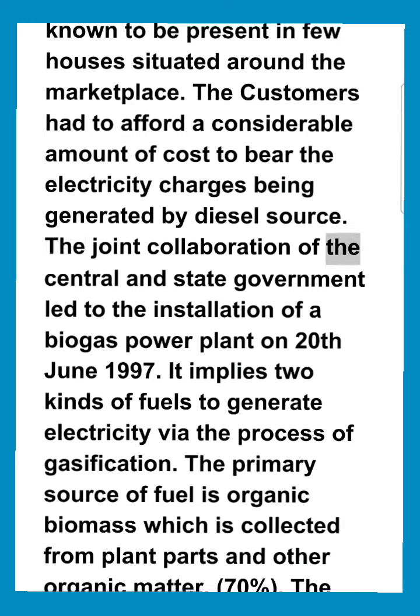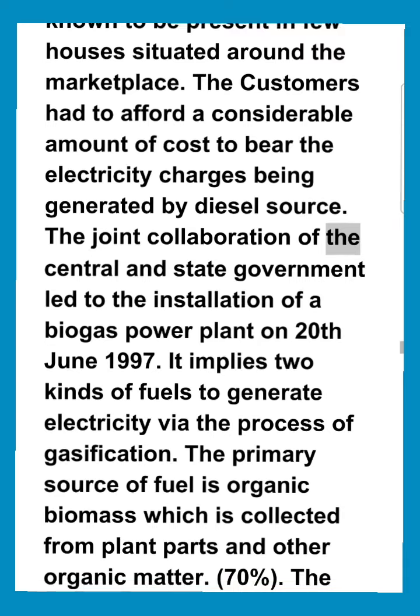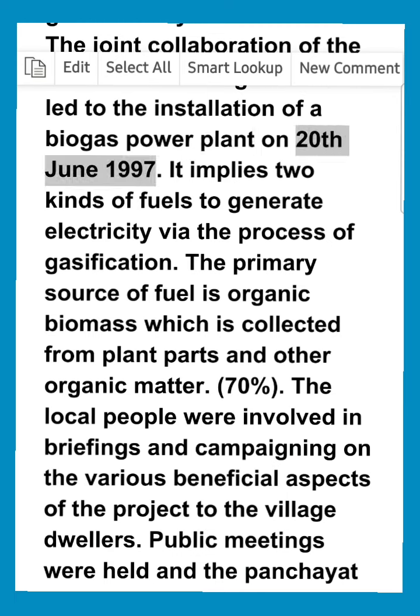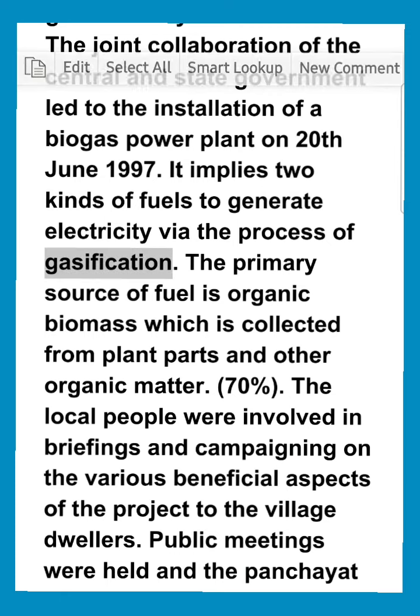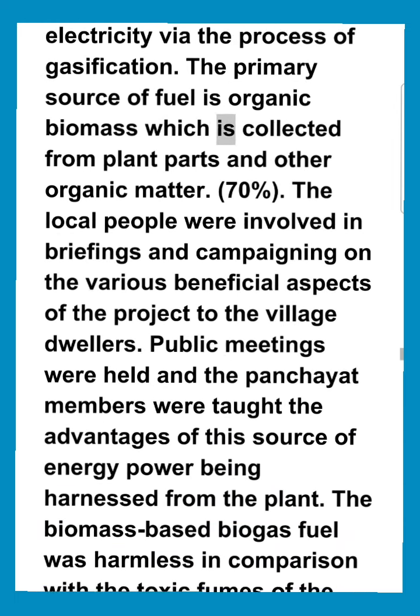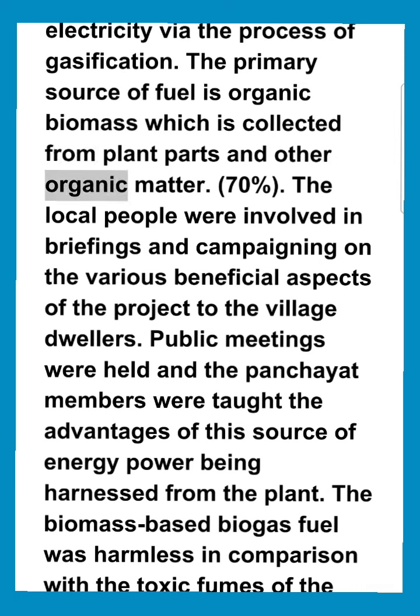The joint collaboration of the central and state government led to the installation of a biogas power plant on 20 June 1997. It implies two kinds of fuels to generate electricity via the process of gasification. The primary source of fuel is organic biomass which is collected from plant parts and other organic matter. 70%. The local people were involved in briefings and campaigning on the various beneficial aspects of the project to the